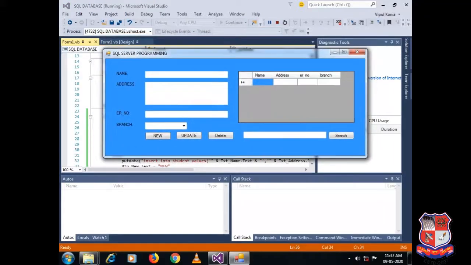Yes, the form has been loaded. Now you can see over here New, right now no record is available. That is why it is blank. As soon as I click on the new button, it will be changed to Submit. Now I can insert new records in it. Suppose Suresh. You can see my tab index is not properly managed. I will manage it later on. Surat, 0307001, Computer, Submit.